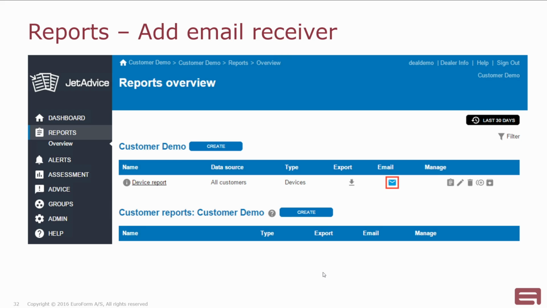So once a report is created, it can be scheduled to be sent on a regular basis. And all you need to do is add email receivers for that and set up the scheduling. And that's done by pressing the blue icon here next to email. It won't be blue normally. When it's active, it'll be blue, and it'll have a number count next to it to show how many emails are coming from it. So what you can do is you can click